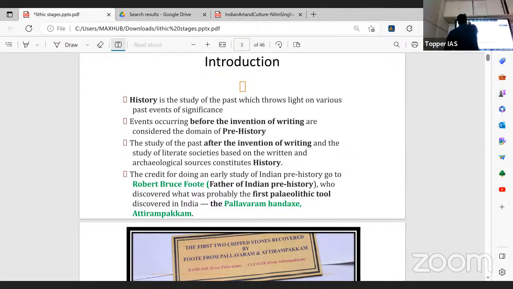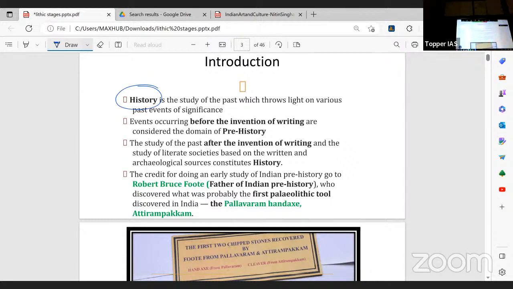So this is just an introduction about history. History is basically the study of the past, which throws light on past events of significance. And before the invention of writing, it is prehistory. After the invention of writing, it is called history. So people came to know about writing, the art of writing. And the credit to